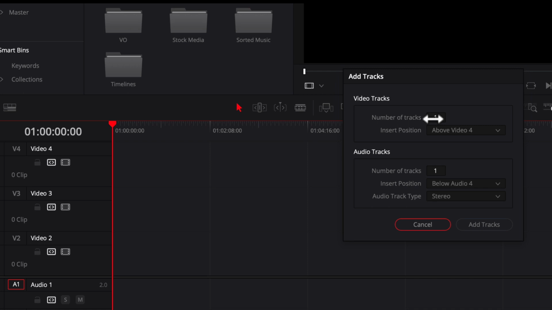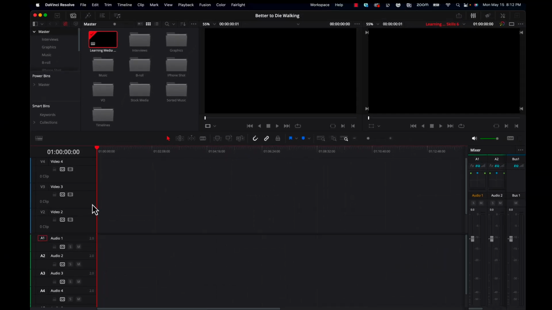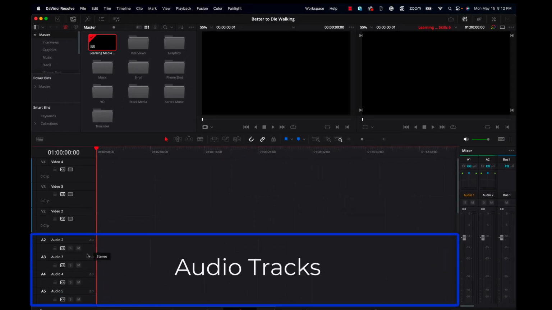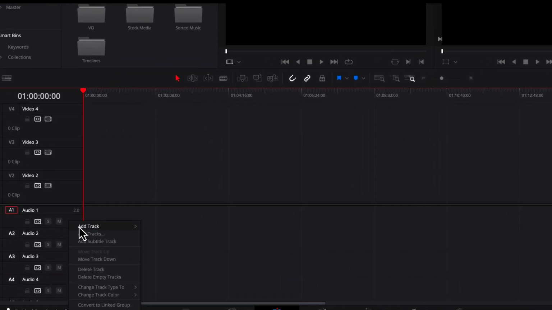A music video, for example, is a situation where you're adding a lot of tracks to get the effects that you want and graphics and so on. But 4 is going to be probably plenty for this project. And then down here we've got our audio tracks. And you'll remember that we started out with 5 audio tracks. I don't think we'll need more than that, but again, it's really easy to add more audio tracks if you